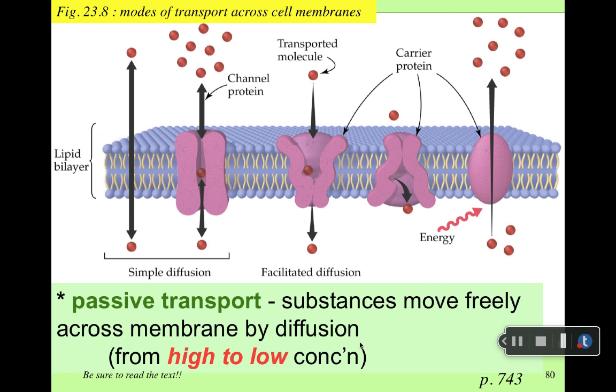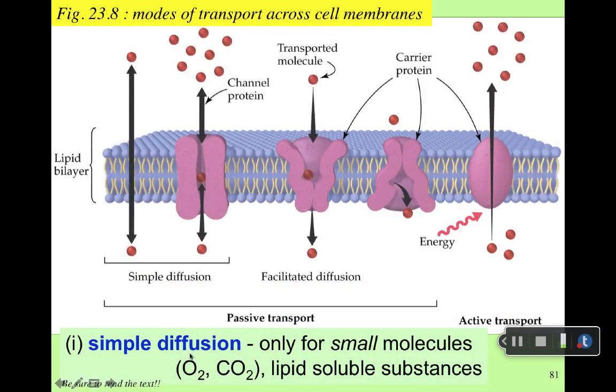Passive transport is always when substances are moving across the membrane from high to low concentration areas. These are depicted on the left part of this diagram, where you see things going through the membrane or through a pore, but in the direction from high to low concentration. It happens one of two ways. Either it's simple diffusion, where only small things can get through, like nonpolar molecules such as oxygen and CO2 across the membrane without the benefit of a protein,